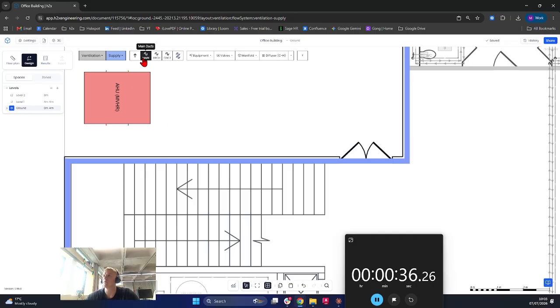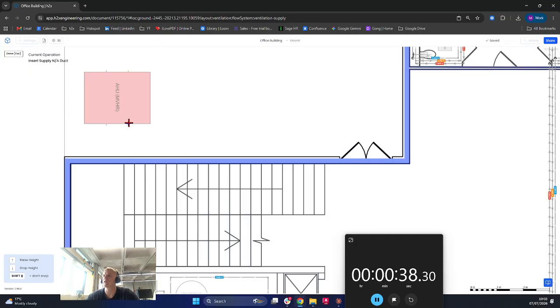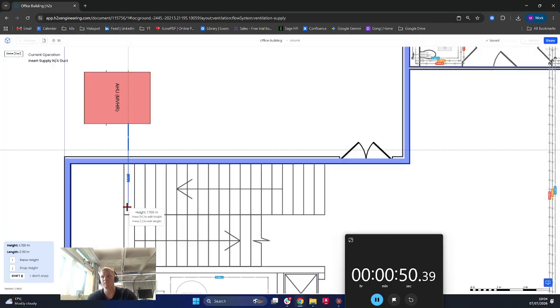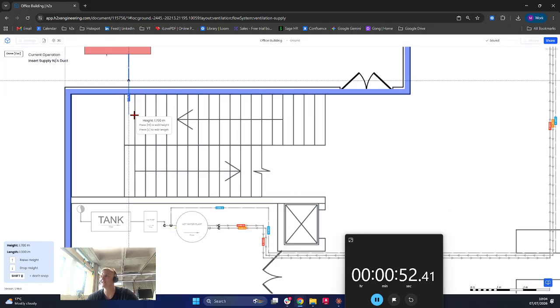Now, if I click on my main duct tool here, that's going to allow me to begin my duct design from my outlet point on my AHU. And I can start that with a left click. Every time I do a left click, I can change height, such as entering the building here. I'm going to go up to 1.7 meters to run below the slab of the stairwell. I don't know what you call it, the first platform on the stairwell